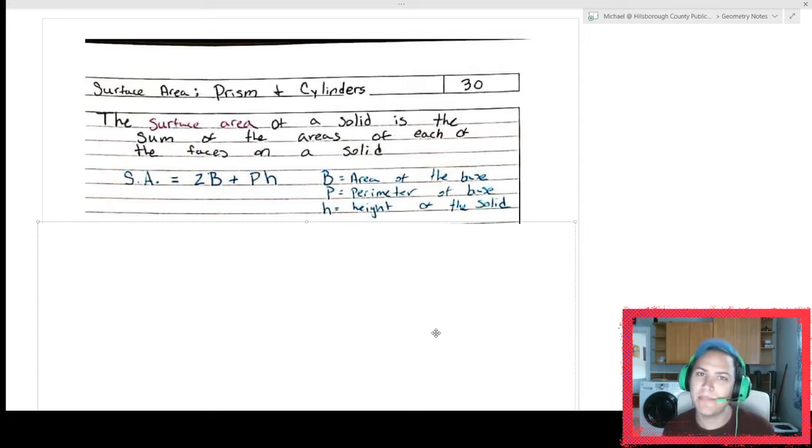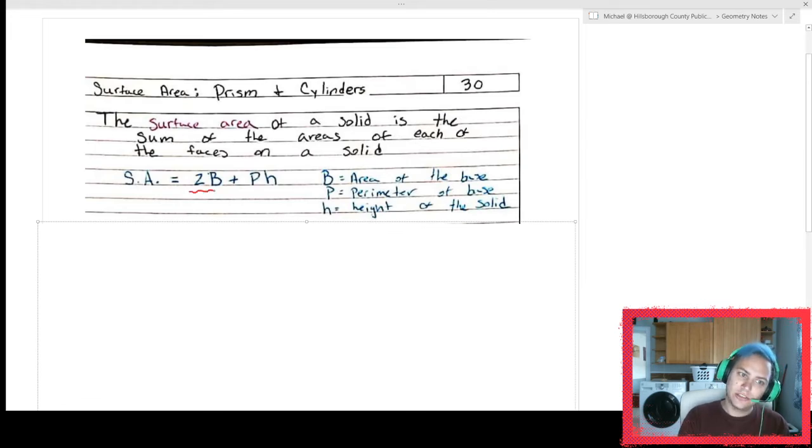Important to recognize that B is a capital B, not a lowercase b. When you see a lowercase b, they just mean the length of the base. But if you see a capital B, they mean the area of the base. Okay? So surface area is equal to 2 times the area of the base. That 2B right there,